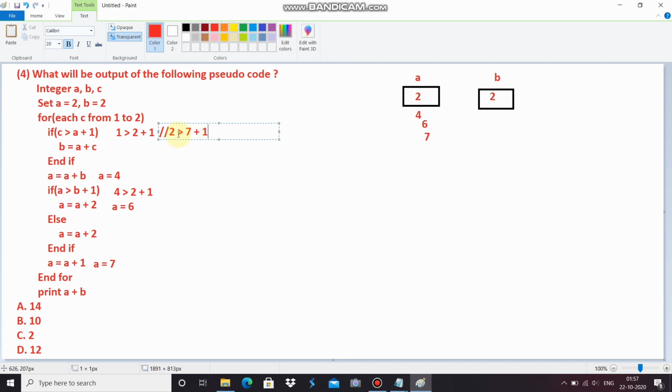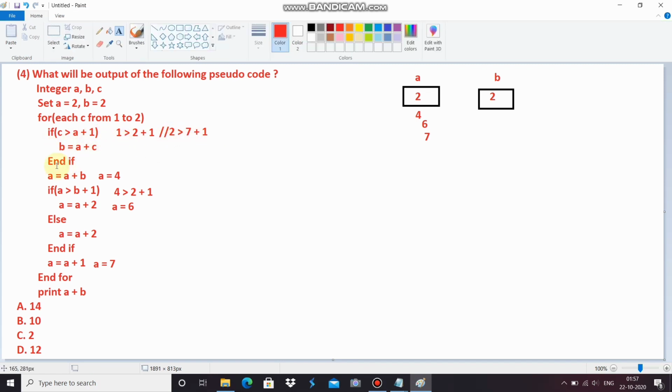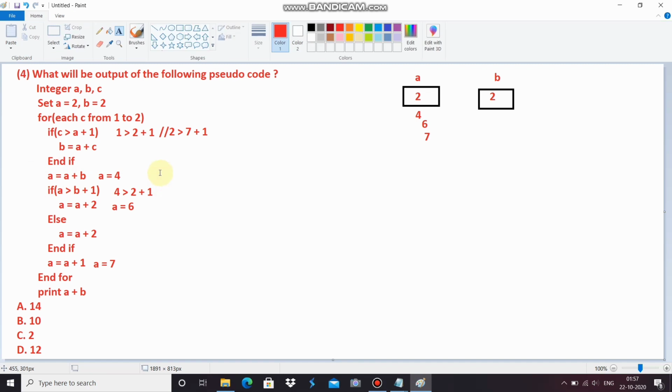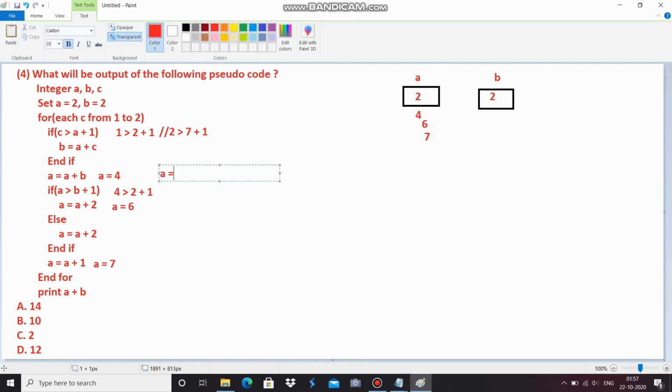It means this condition is also false, then this condition will not be executed. And the end if. Now comes to this line and find out the value of a again. We know that the value of a is 7 and the value of b is also 2, then it will become 9.